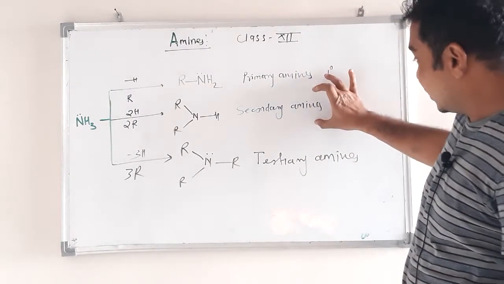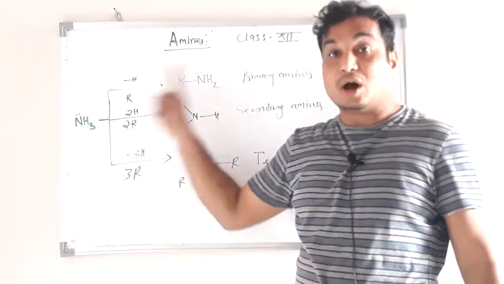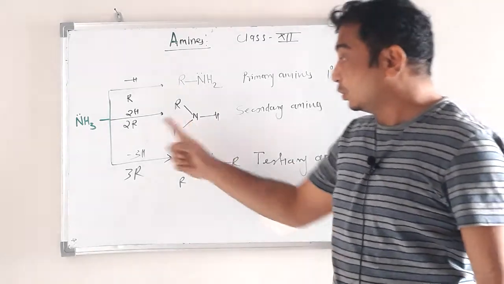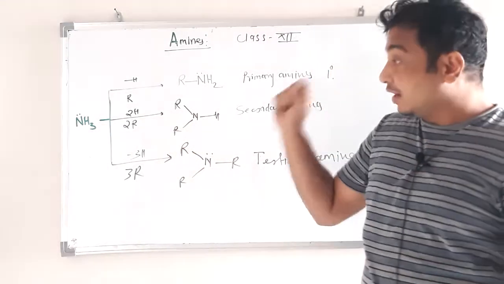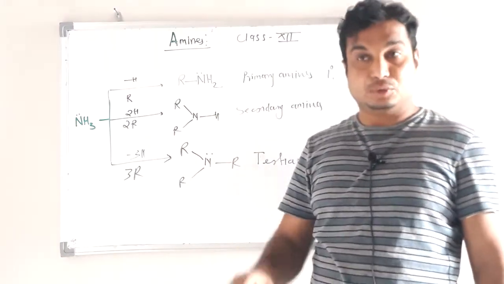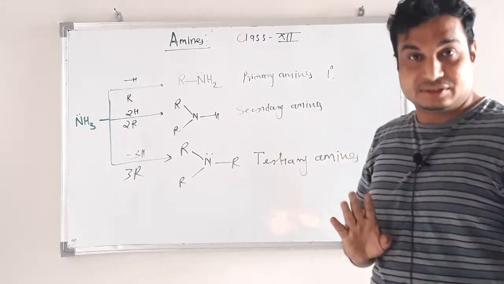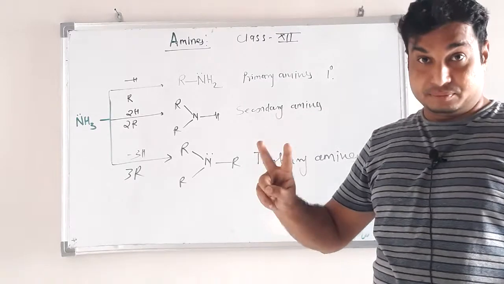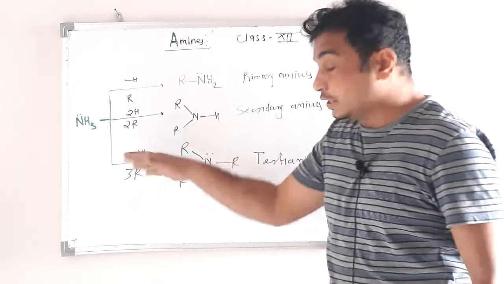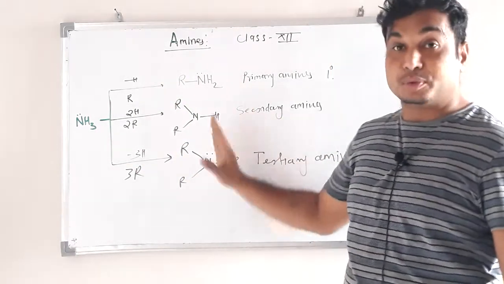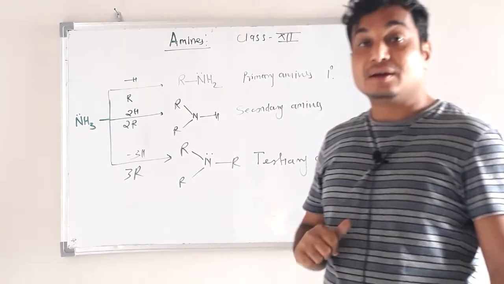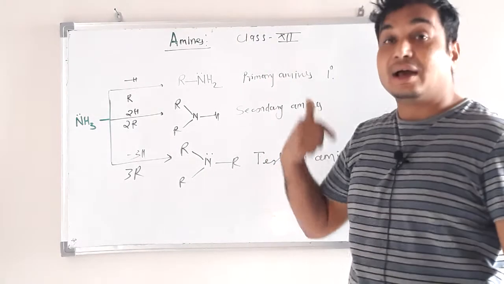So all amines, primary, secondary, tertiary, are derived from ammonia, obtained by replacing one or two or three hydrogen atoms attached to nitrogen by the same or different alkyl group or aryl group or both. Okay, so that is amines. Now amines are of two types, aromatic as well as aliphatic. Aliphatic means what? If only an alkyl group is attached, then that is called aliphatic amines. If an aromatic group, meaning an aryl group, is attached, then that is called aromatic amines.